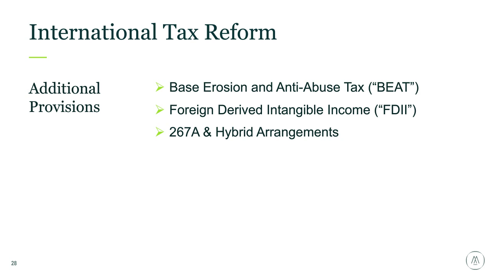What this does is it gives C corporations a deduction for goods that have been exported or services provided or royalties collected from non-U.S. persons. This deduction is effectively equivalent to a 13.125% tax rate on that income for years up to 2025. From 2025 and after, it's a 16.4% effective tax rate.